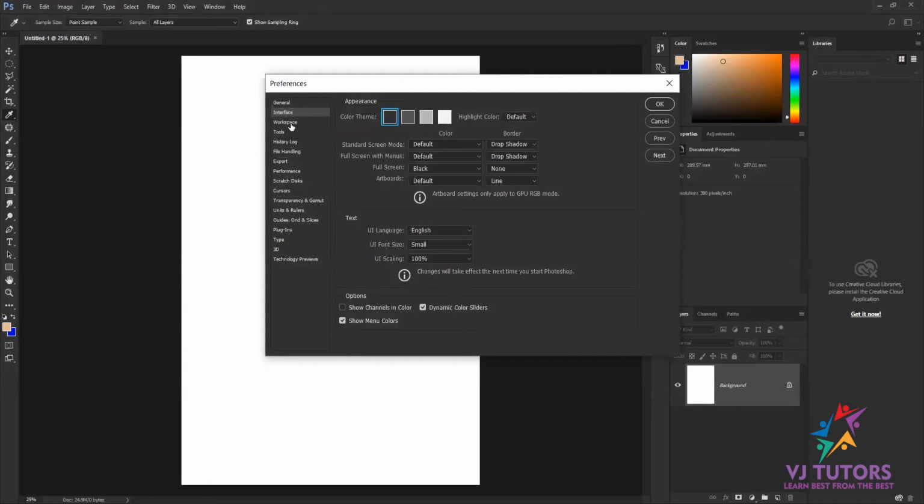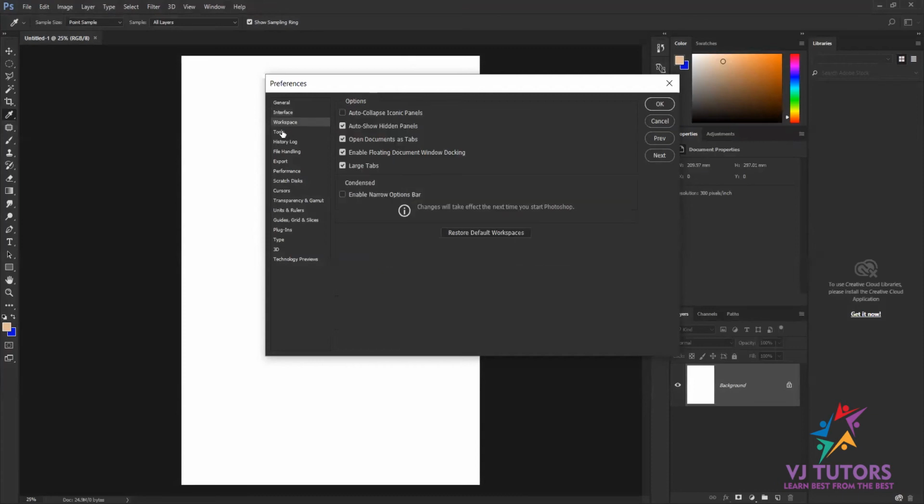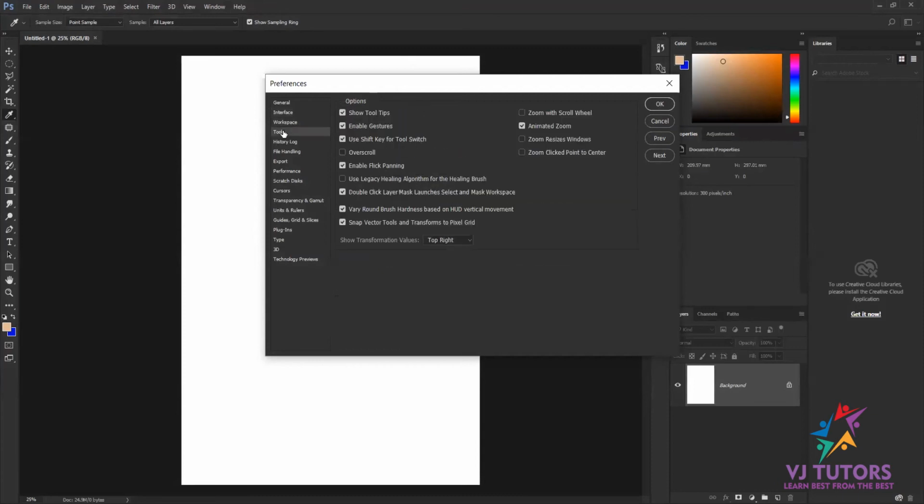Okay, I'll go to the Tools menu, and in the Tools, we have one option called Zoom with Scroll Wheel. If you turn off that option, then you will zoom with only the scroll wheel of your mouse.